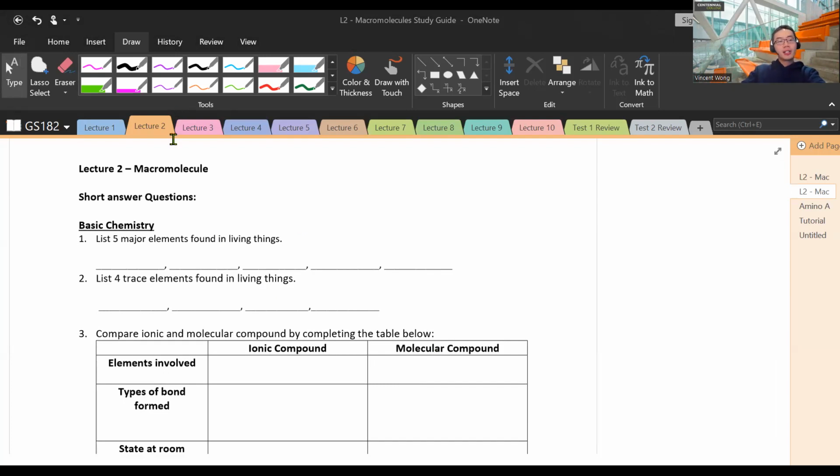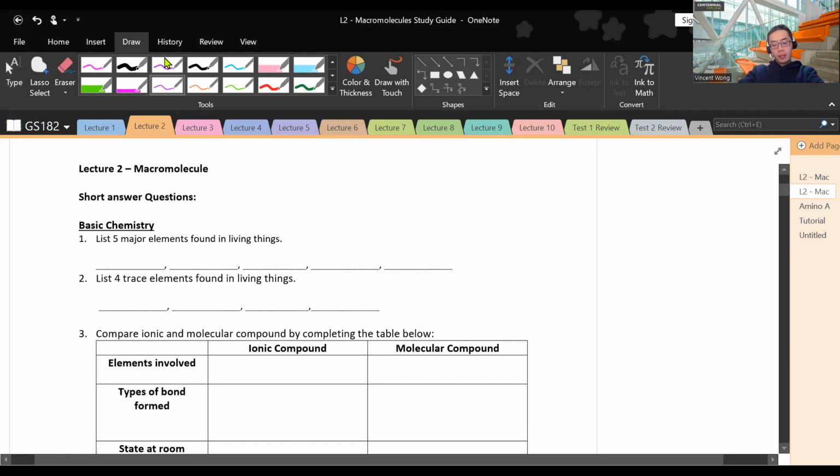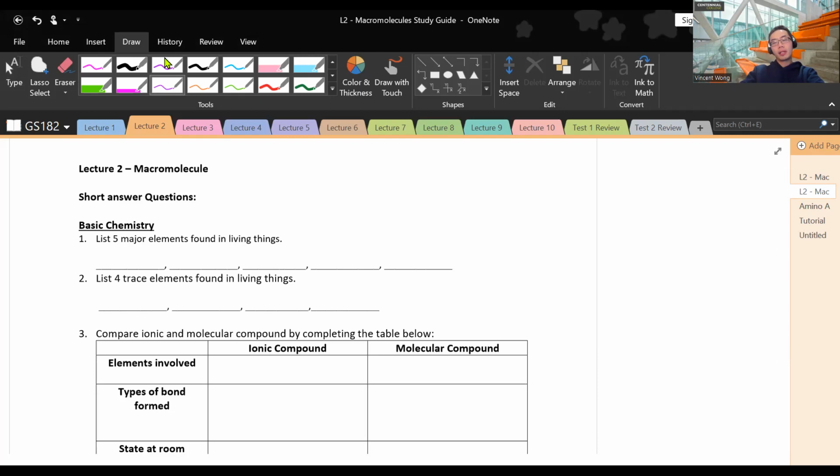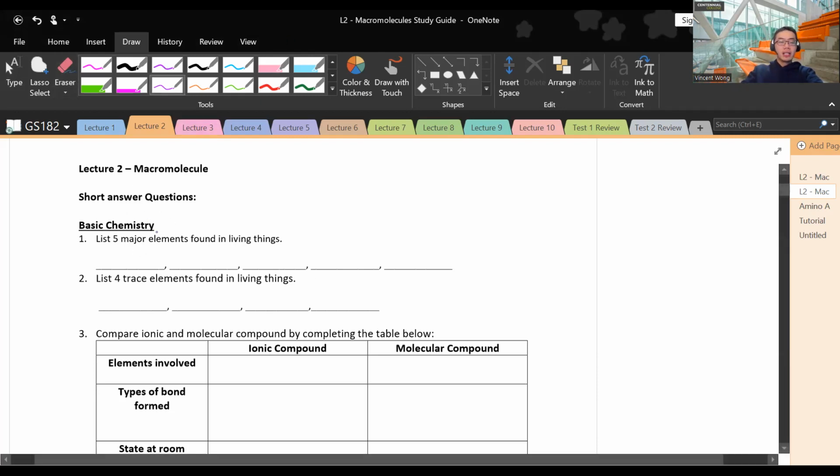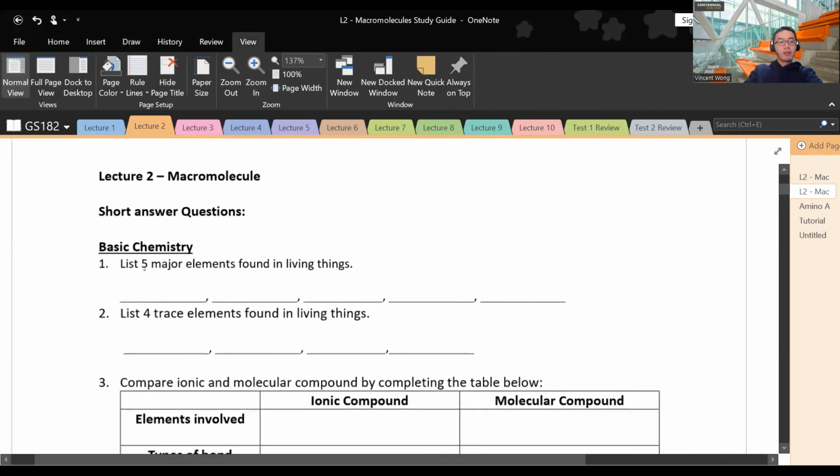First question. List 5 major elements found in living things. So we know that the universe is made up of many different kinds of elements, right? You can find all these elements on a periodic table. There are over 100 of these elements. But in terms of living organisms, like humans, for example, there are 5 key elements that are found within a living system. And examples of these are carbon,